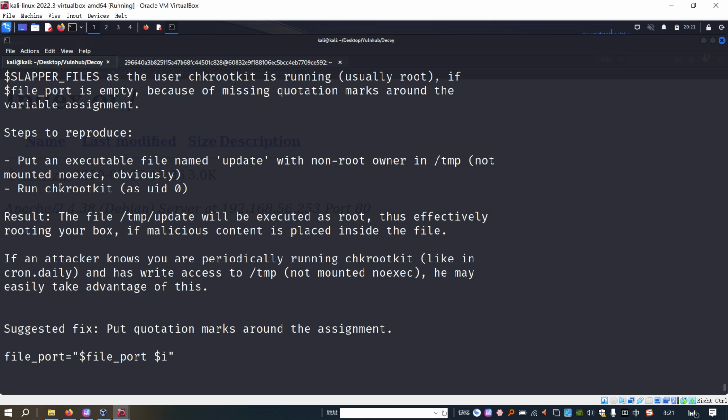To exploit this vulnerability is very simple. Only two steps are involved. This one puts an executable and runs checkroot kit as UID. Of course we cannot manually run this checkroot kit as the root user. UID equal to 0 means the root user.